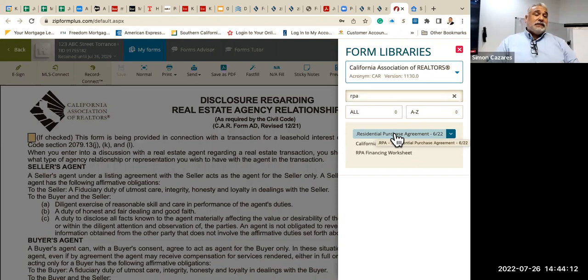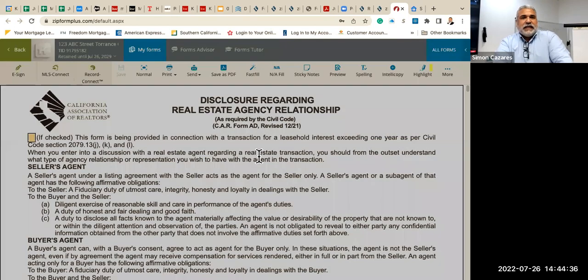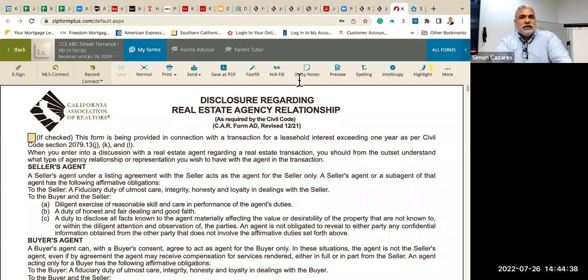Now, with that being said, if there's tenants or family members that are paying rent, then you can use the RIPA form, the Residential Income Purchase Agreement, okay? And you can add that. So here, for the sake of today's class, I'm going to include the Residential Purchase Agreement, right? I'm going to click on that, and that's going to populate already on my folder. So now if I go back,